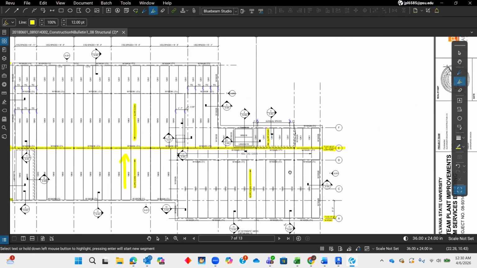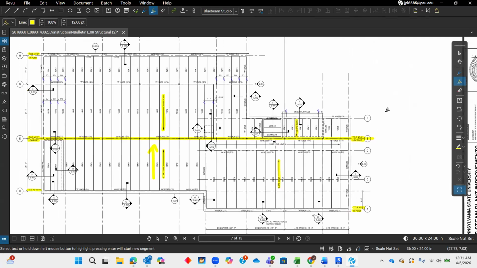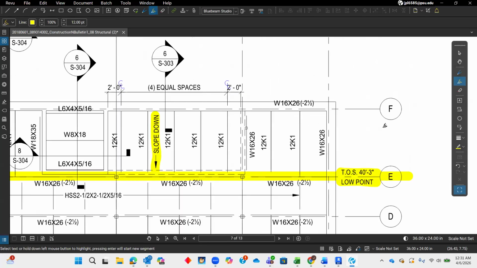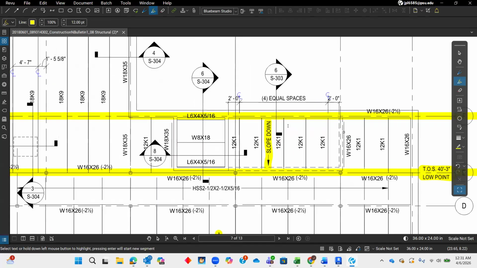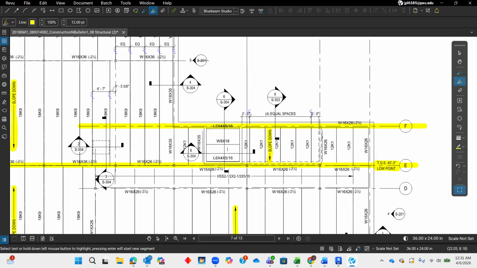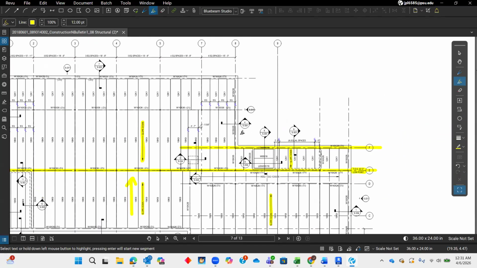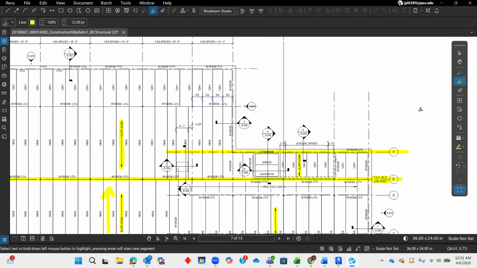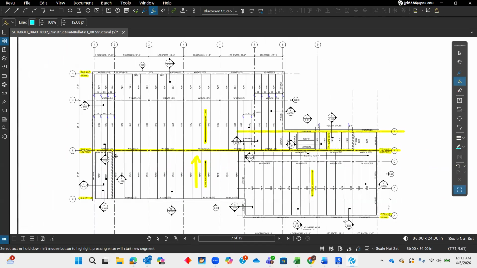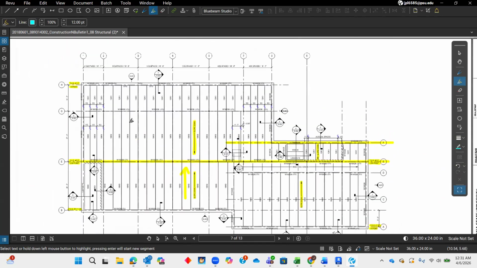Now, you do have some tricky areas. Really one tricky area that is not designated to you, and it doesn't tell you the top of steel value. And that is going to be grid line F. You can see that it says that it slopes down from grid line F, but you do not know this value. The way that we will find this value is a technique that we're going to use to determine all of the sloping,